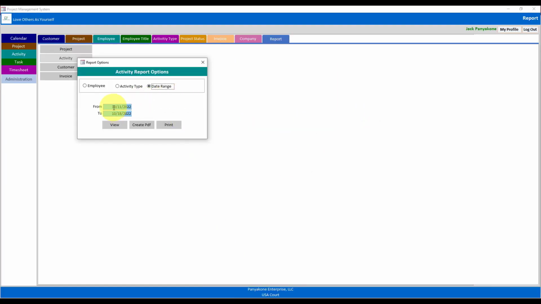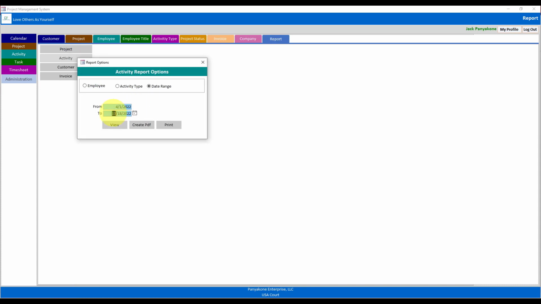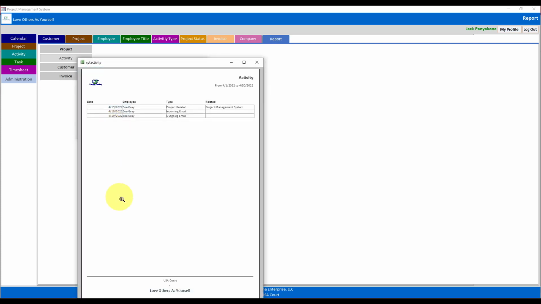So we know something in April, so I'm going to put April 1st. There you go. We know something in April. Let's go to the end of April. See this here, from to current date. All right, so we'll change this to April 30th. We're eliminating two other ones. You see there? So that's how you do